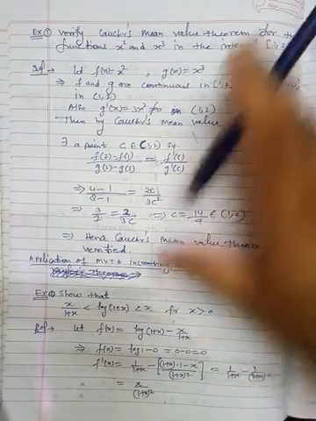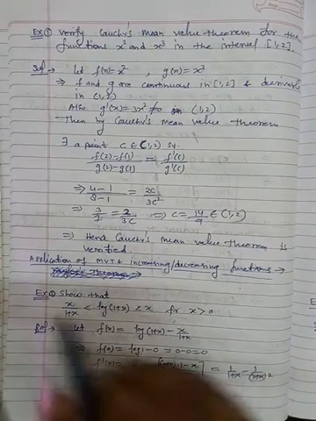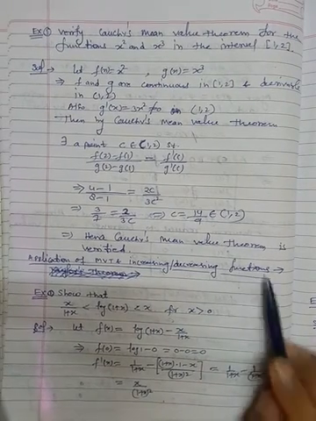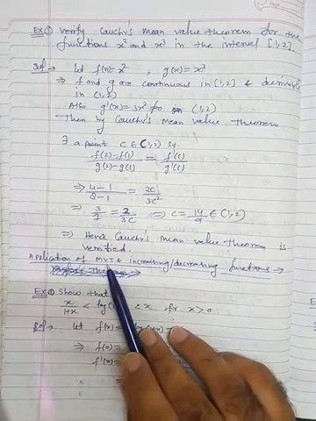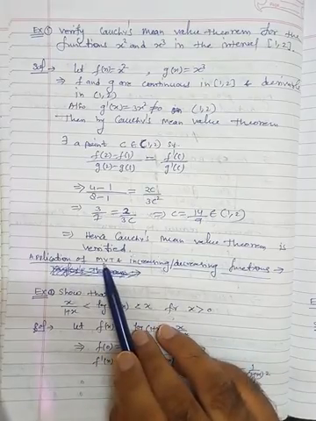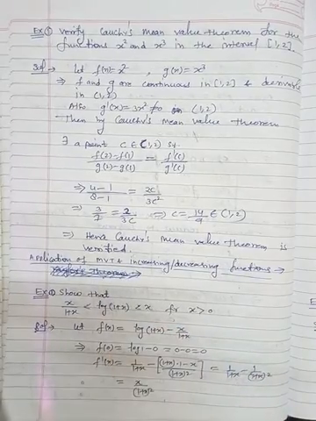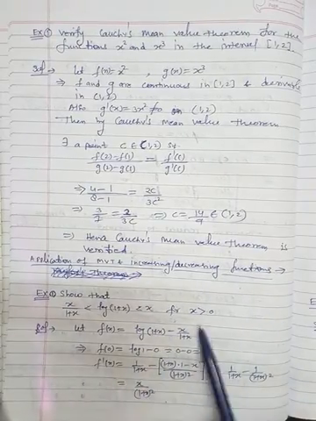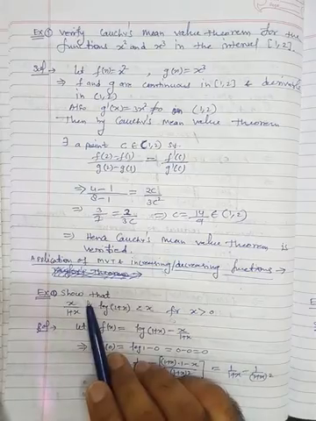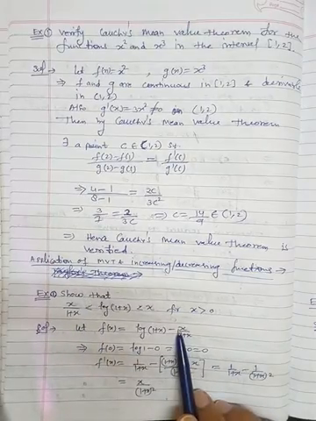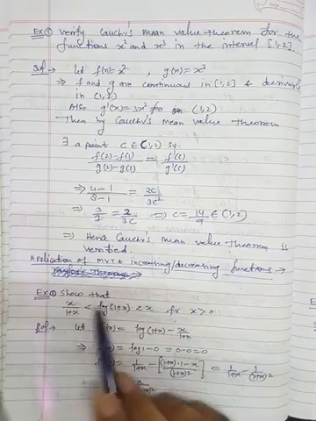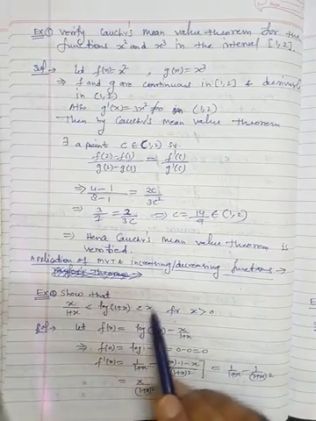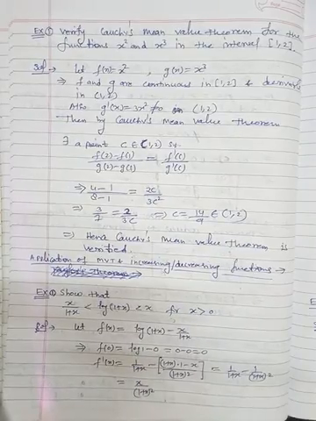Fine. So this is the application of Cauchy mean value theorem. Now the application of mean value theorem and increasing decreasing functions. So basically we will use these two concepts, mean value theorem, that means Lagrange's mean value theorem, and increasing decreasing functions to prove the inequalities. So now first example is this. This is the first example. Show that x upon 1 plus x is less than log 1 plus x is less than x for x greater than 0. Fine.